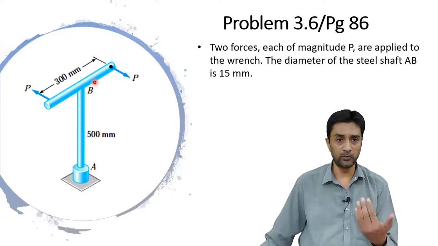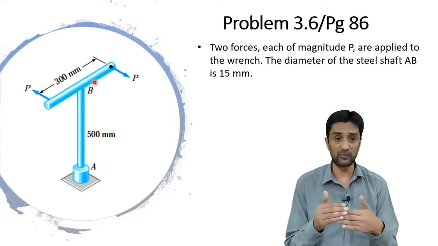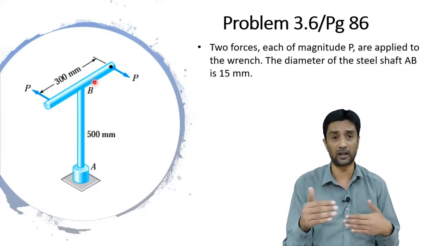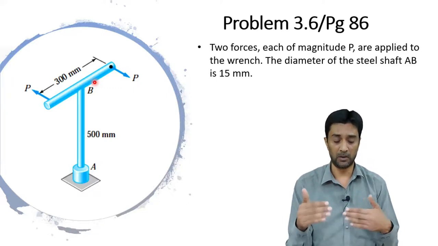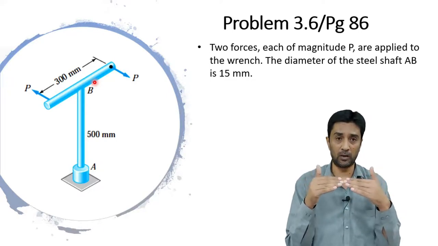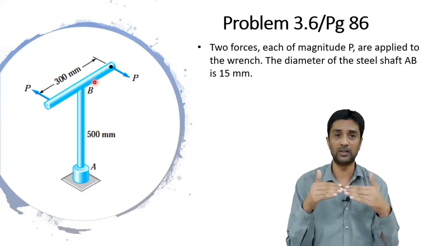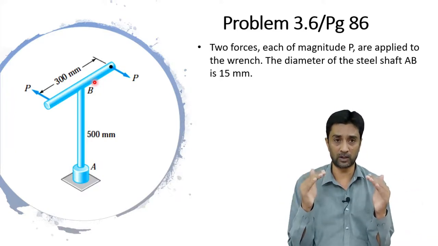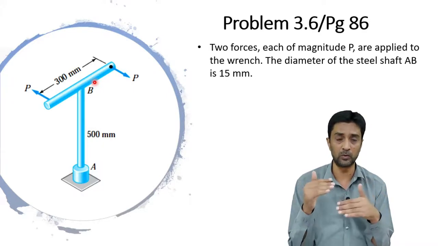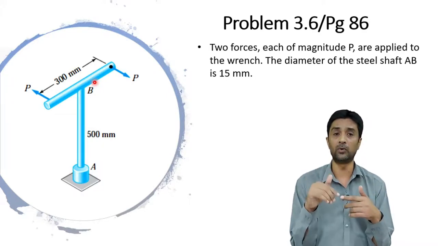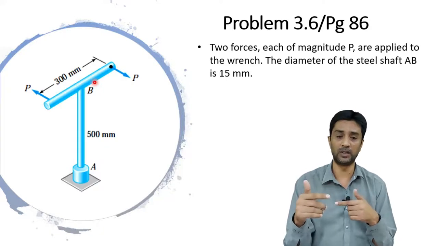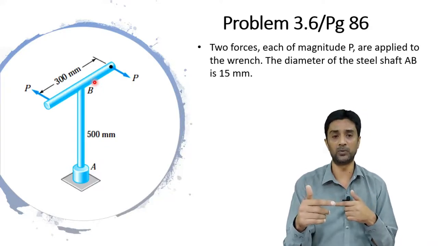So when there are two forces which are equal and opposite and they are applied at a certain distance apart, then they will create a torque, they will create a couple. That's what you know. But if these two forces are equal and opposite and their line of action is the same, then they will not produce the torque. That's what you need to keep in your mind. So for a torque to be produced, two forces need to be equal, they need to be opposite, and they need to act at a certain distance. Their line of action cannot be the same. Then and only then they will produce a couple.